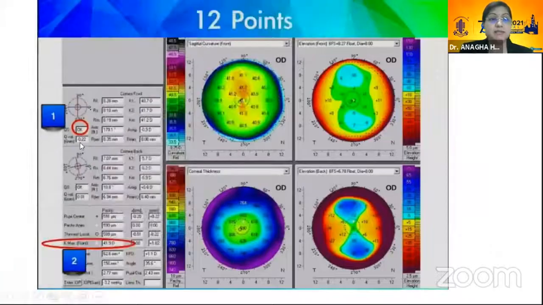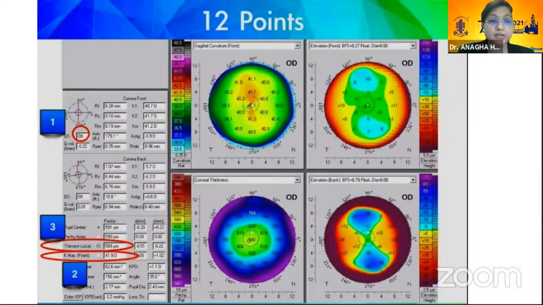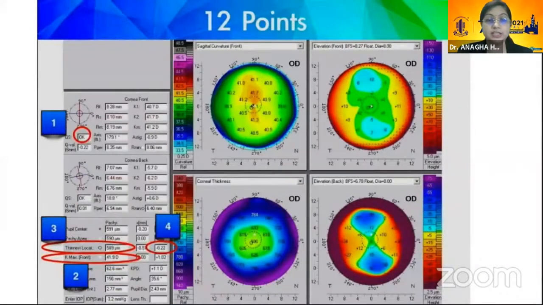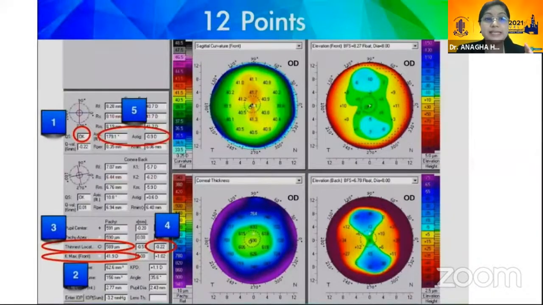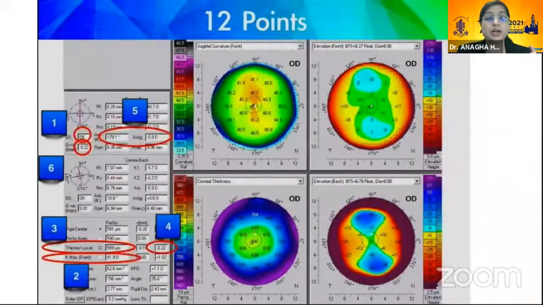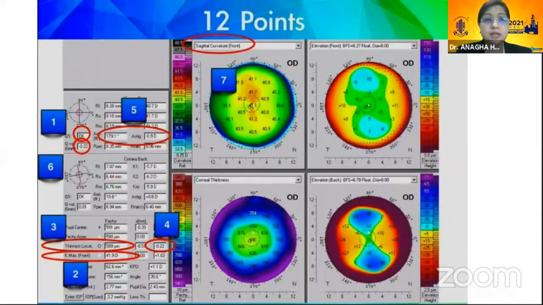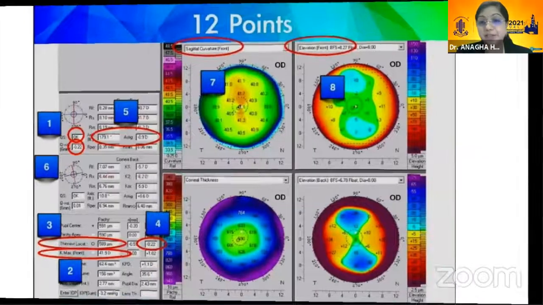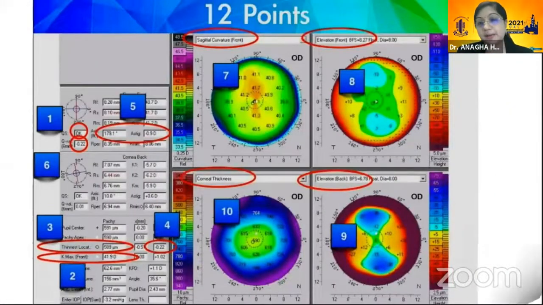As you can see here, number 2 is the K max or the keratometry at the front surface. And you see the thinnest point on the cornea, that is the thinnest location, the X and the Y coordinates, which are important. Fifth is the astigmatism and the axis of the astigmatism. You have the Q value of the cornea. You have the Q value and the front sagittal curvature, the front elevation, the back elevation, and this is the corneal thickness or the global pachymetry map.